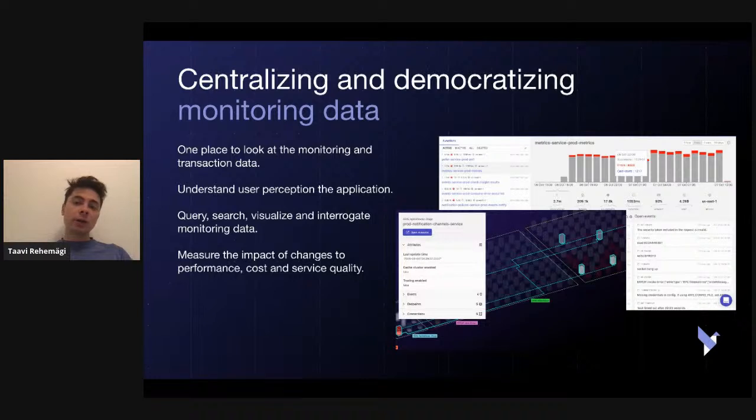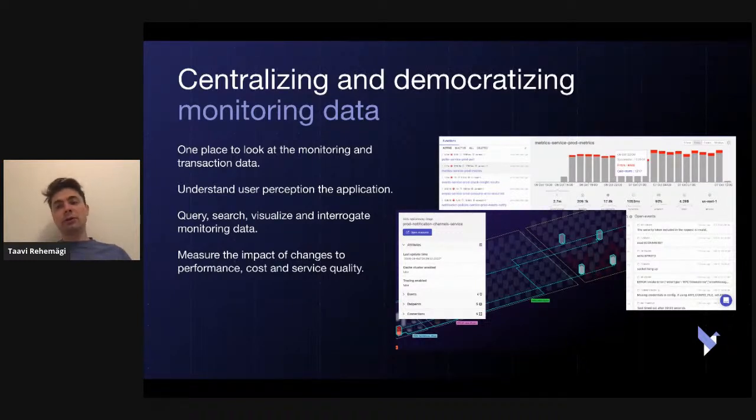The way we do it is we don't just provide one bucket for logs or a log analytics service, but we also filter out meaningful events from the logs, and we correlate those logs with tracing data, with metrics, and then give you a full picture from an account level into a transaction level, into how different resources interact with each other.